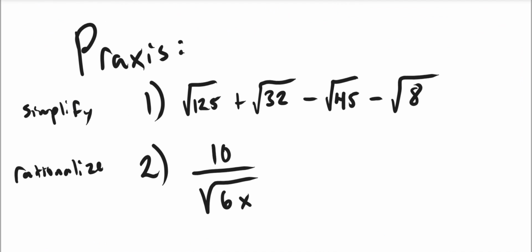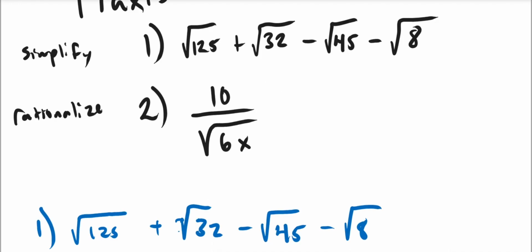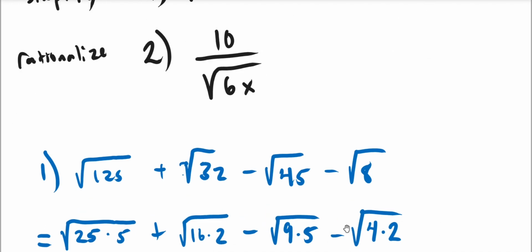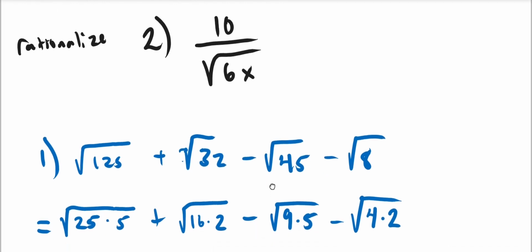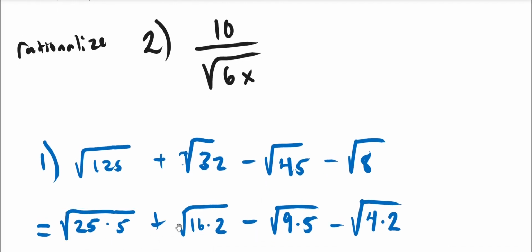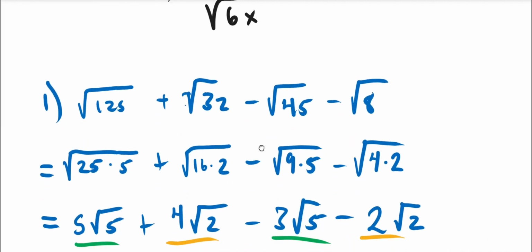Give these a shot. Pause the video. Okay, let's see how you did. To do number 1, we should simplify everything. Now, you could do this the way we did it in the last video, making factor trees and pulling out a certain number of factors. You know, this is a square root, so we're looking for pairs. But we could also, in the case of square roots, look for squares, which are pairs of factors, right? 25 is 5 times 5, 16 is 4 times 4, and so on. So if we see those, we could factor those out. The square root of 25 is 5, of 16 is 4, of 9 is 3, of 4 is 2,